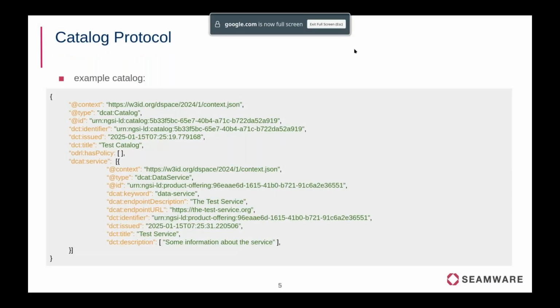Now let's have a look at how such a catalog looks. This is a very small and simple entry of a catalog. I left out a couple of things that are not necessarily that relevant for the example, but you can make a catalog much more expressive. What we have here is, as usual, a context on how to interpret the contents of